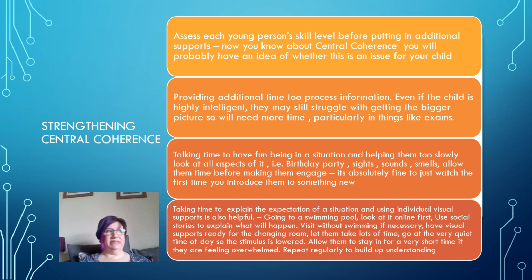So for instance, I was in a meeting a couple of weeks ago with a teacher talking about a young man taking Nat 5 English. This will be next year when exams are back on. So we were thinking about what he might need, and we were thinking about things like he might need a crib sheet, because he might not be able to hold all of the information, all of the detail in his head in order to be able to do it. So the crib sheet might say, do 200 words of an introduction, then you need to argue the point, then you need to describe things, and then you need to conclude.